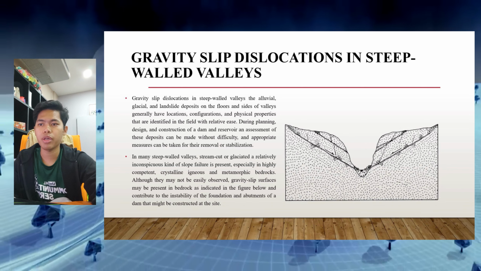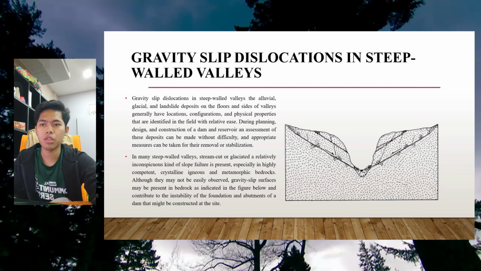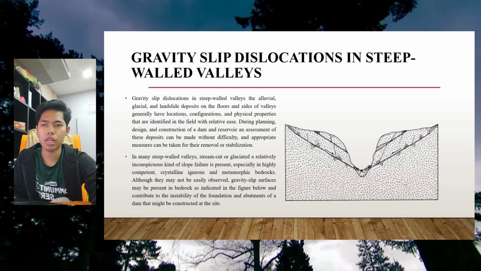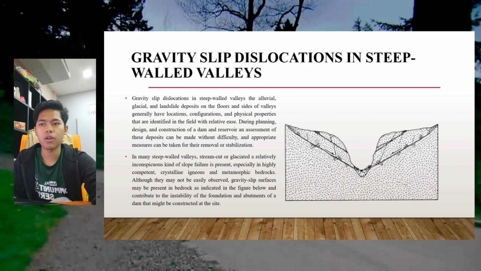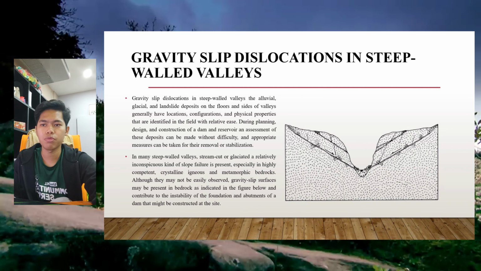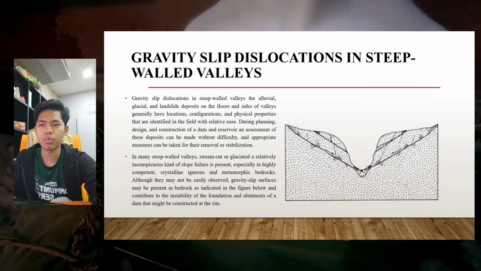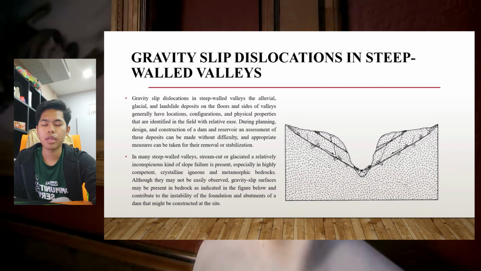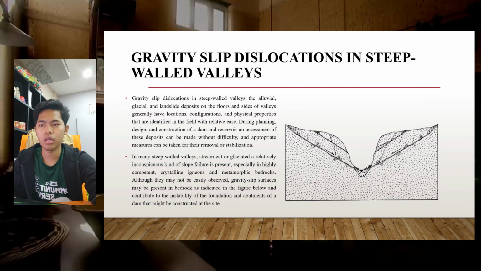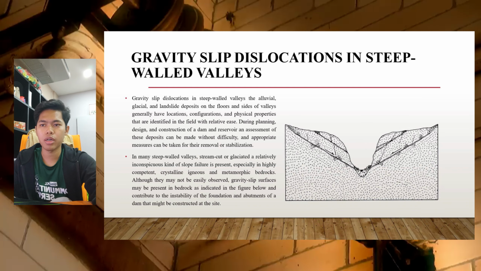They are identified in the field with relative ease. During planning and design, an assessment of these deposits can be made without much difficulty, and appropriate measures can be taken for their removal and